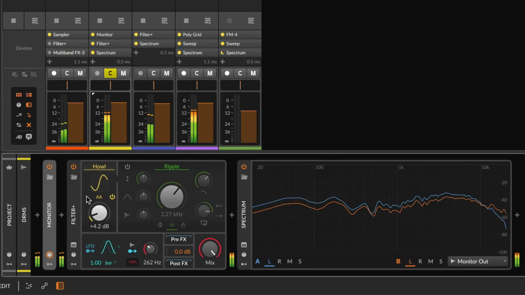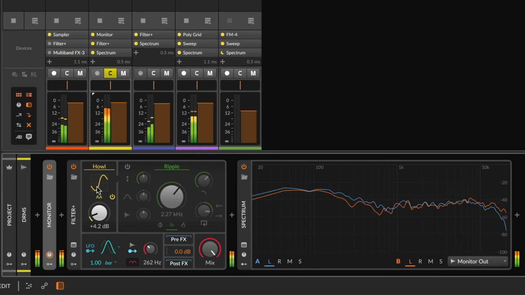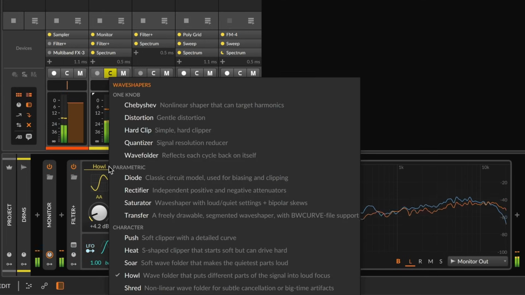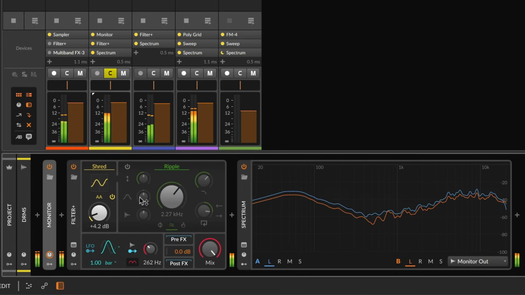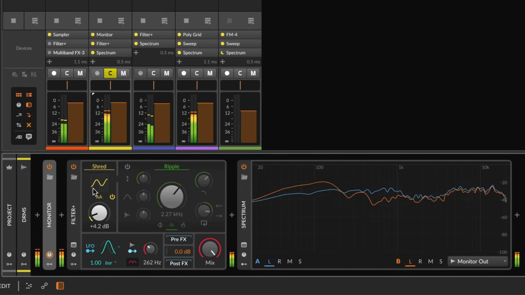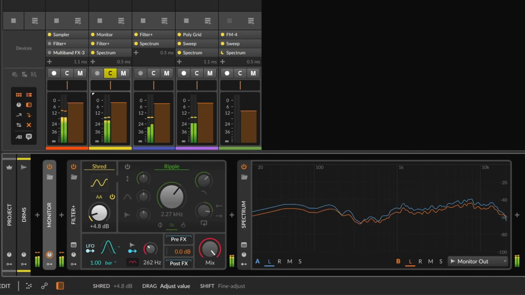And finally, while all these shapers are mostly facing in one direction, our last friend Shred here thinks of things a little bit differently. It is facing backwards.